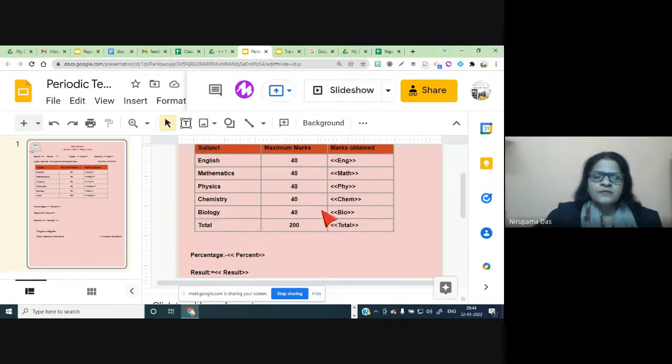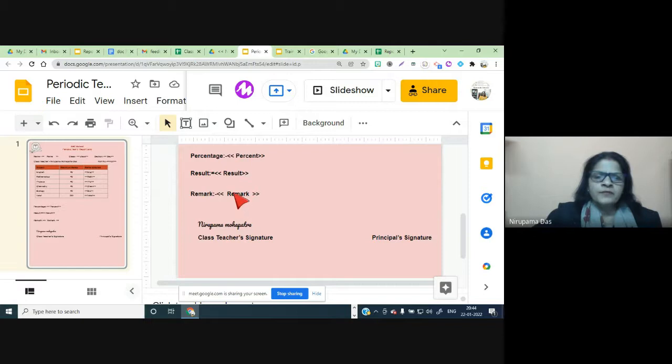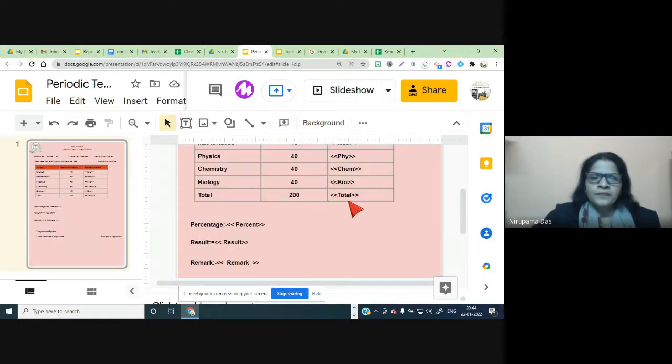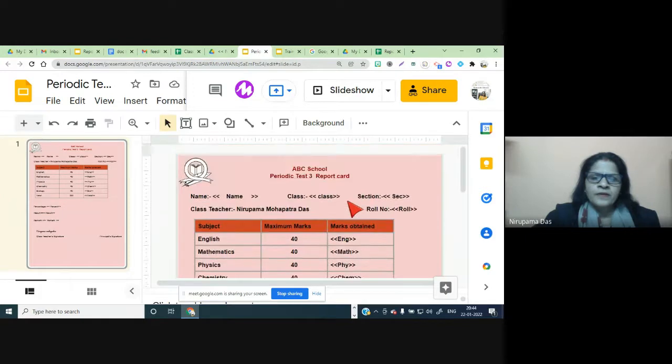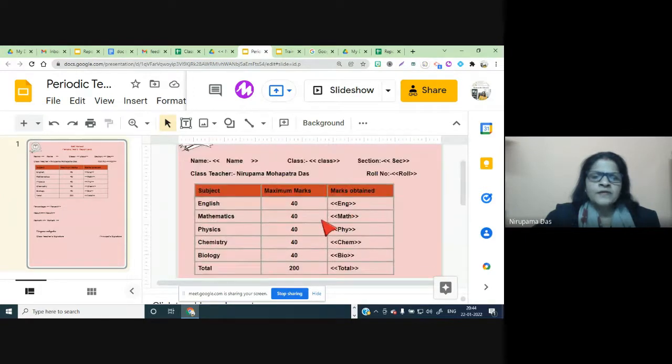And the other, for example, the remark. If we want to write a lengthy remark, I have taken a very short one, well done, congratulations, just for demo purposes. If it is like this, giving some space is good. You might not be facing any problem here, like embedding the marks or tagging the marks. Do you?